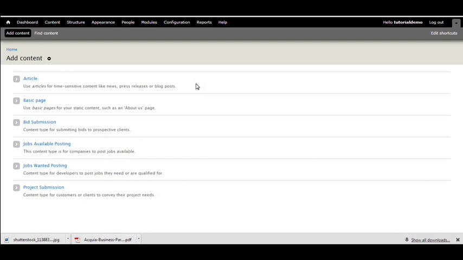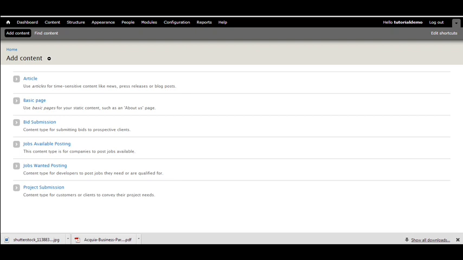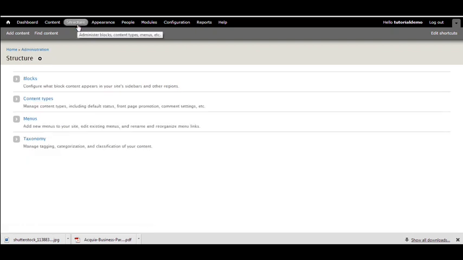In this video tutorial we are going to cover creating categories. The logical approach we're taking to conceptually building with Drupal: step two is, I would argue, to identify categories. And Drupal calls this taxonomy. Just like where we found content types in the last video, which is important because we need to